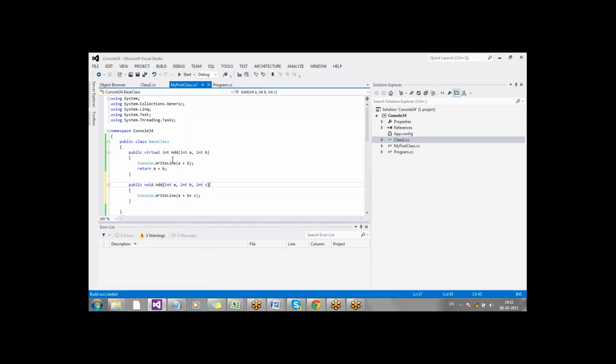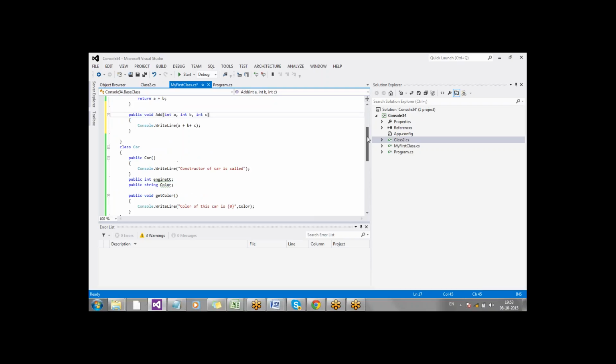You are creating more than one method with the same name but different signature. What is this called? Overloading. So when you are rewriting or providing an implementation for your base class method in your child class, what is that called? Overriding. Making sense? Sai Krishna, Prakriti. Good. So that is about overriding and overloading.